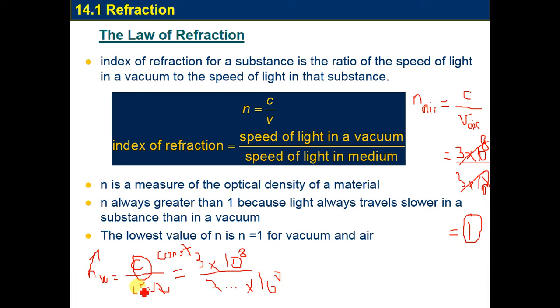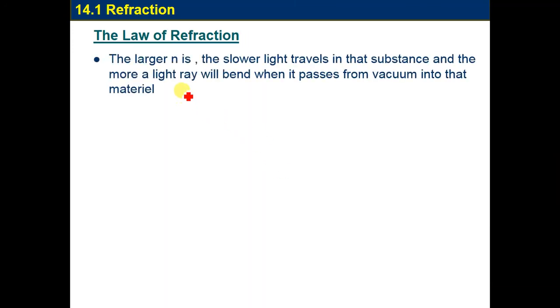Okay, and for glass, what do you expect? For sure, for glass, the speed of light in glass is less. The light travels slowly in glass, slower than in water, slower than in air. So the index of refraction in glass is more. So these two, you see, they are inversely proportional. Okay, so the larger the N, the slower the light travels in that substance, and more bend we have, more refraction. We said at the beginning, the N, its index of refraction, meaning that more N, more refraction, lower N,